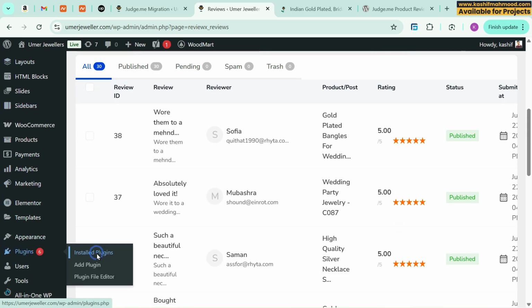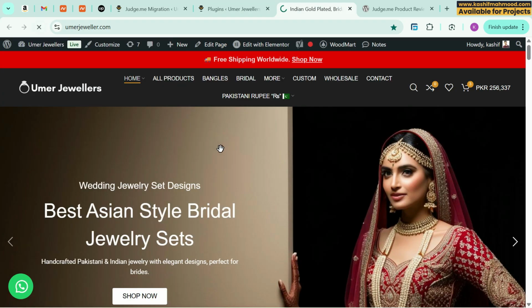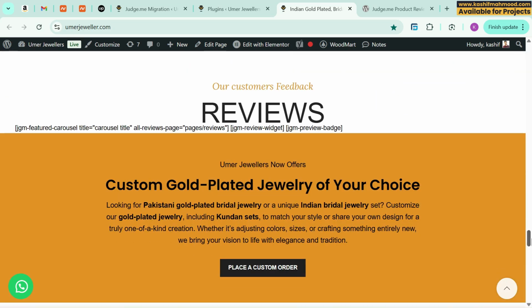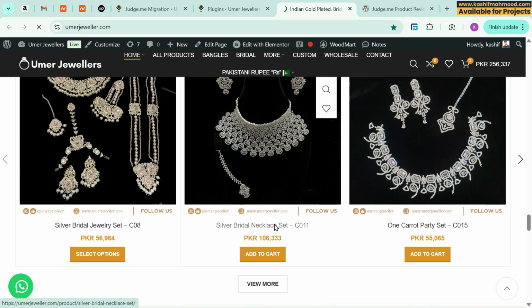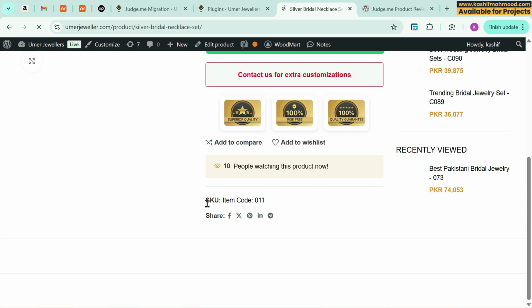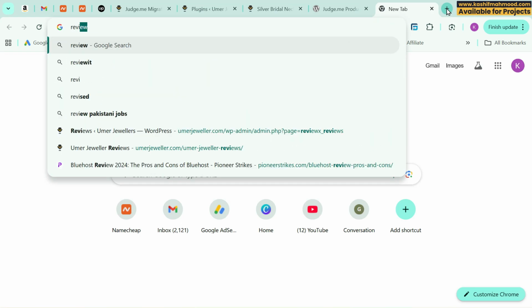Now we need to go to plugins and we can deactivate the previous plugin that was Judge Me. So let me just deactivate. I will refresh the website. Now let me just scroll. Here you can see these shortcodes are not working now. Also on the product page, we will need to configure the reviews because they are not showing over here and also below the products. So for that we will have to go to Google and search ReviewX,